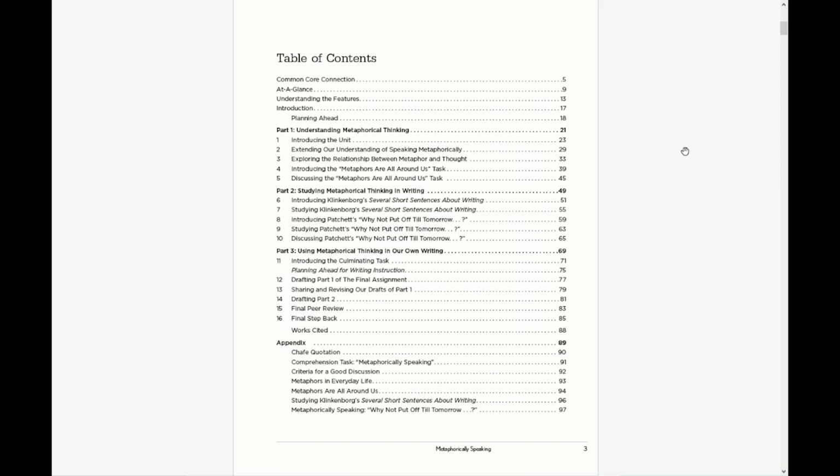So with parts 1 and 2 done, students then examine their own metaphorical thinking. And in the culminating task of this unit, they are writing about an activity that they especially enjoy or love to do, and they are beginning to transform that writing through the use of metaphor. They're choosing a visual metaphor to really express something significant about that activity to the reader. And in the final part of that task, they analyze their own metaphor to think about what it reveals about the subject and what it hides about the subject.